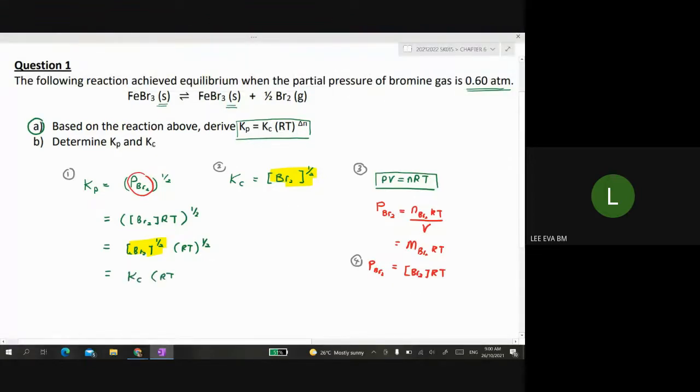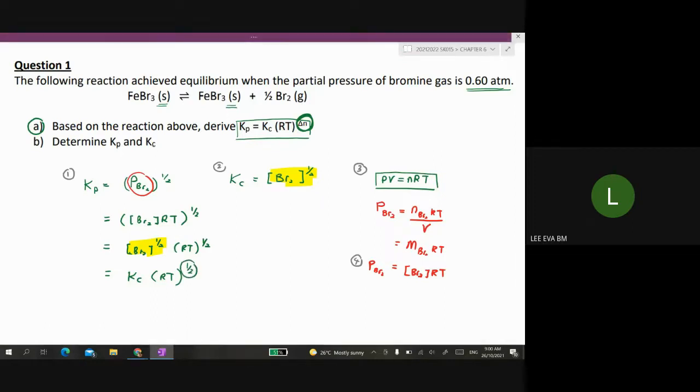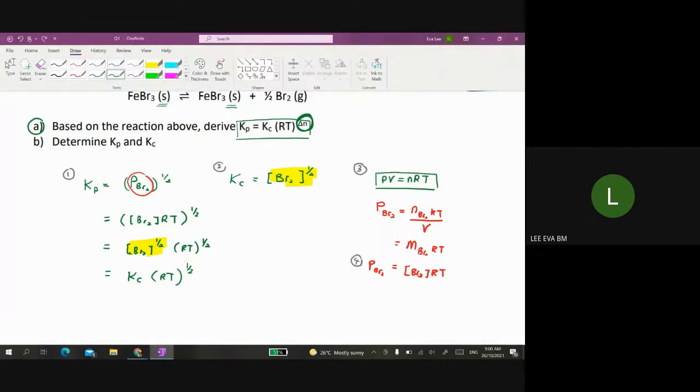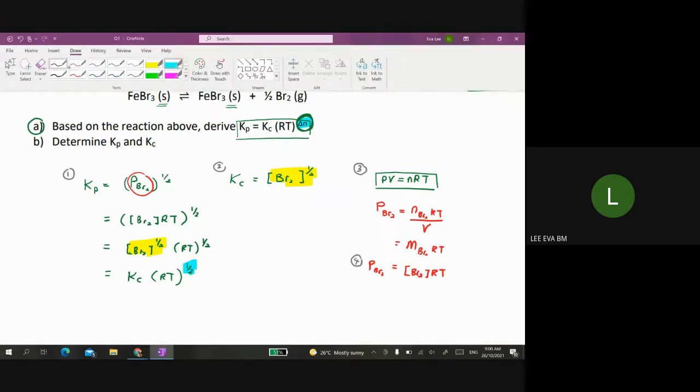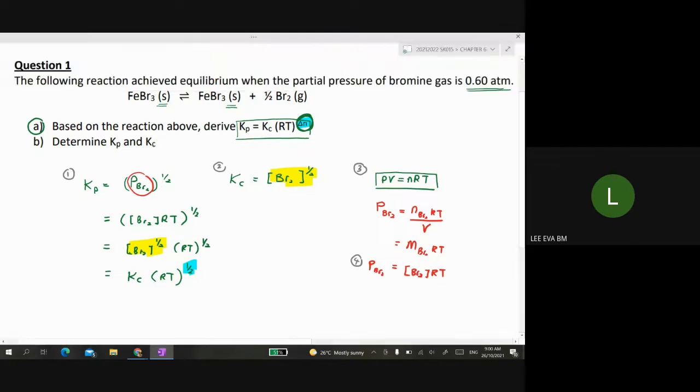Okay, and then RT. How am I going to find this delta N? Why I got 1 over 2. So how am I going to write this one? Macam mana nak cari delta N? Delta N equals to 1 minus 0.5. Coefficients of the product minus coefficients of the reactant. But since you have